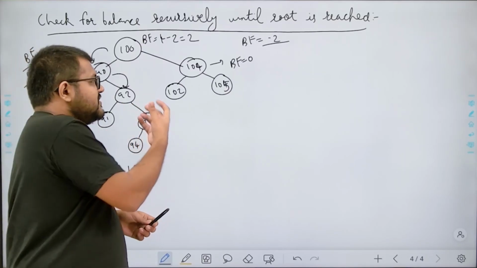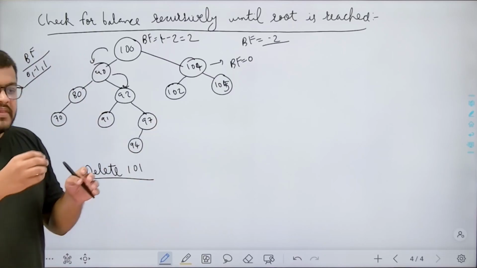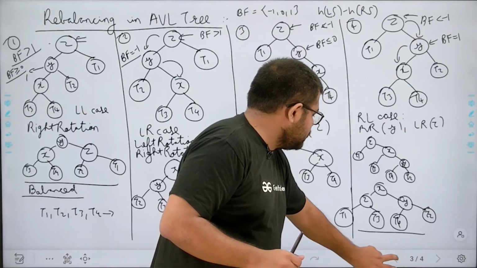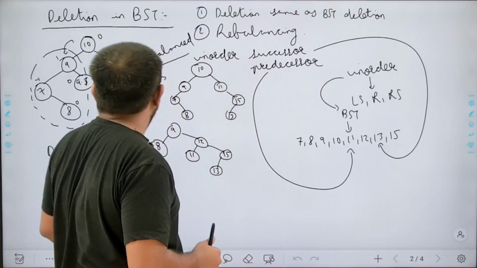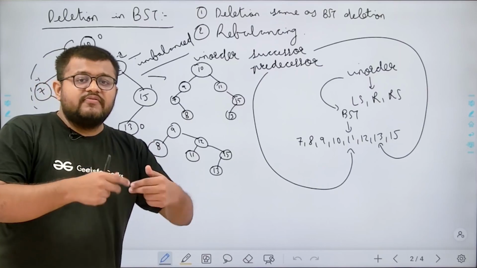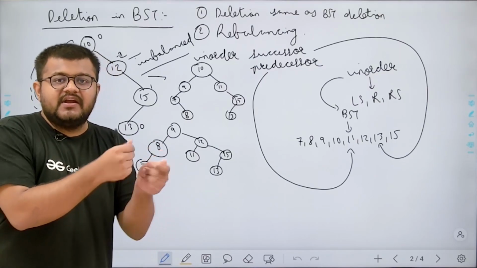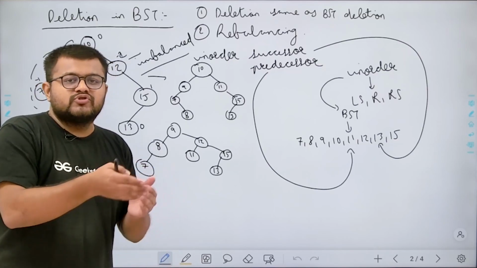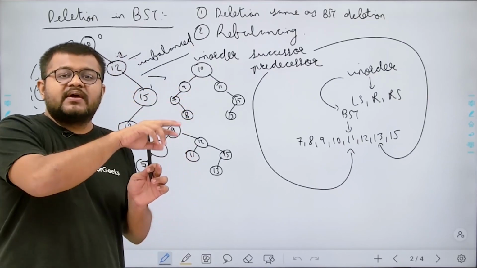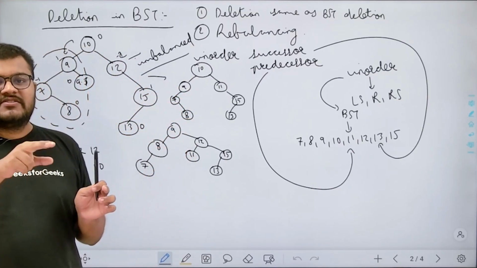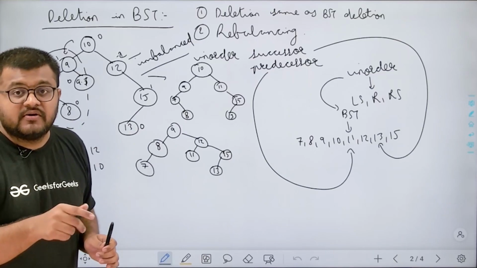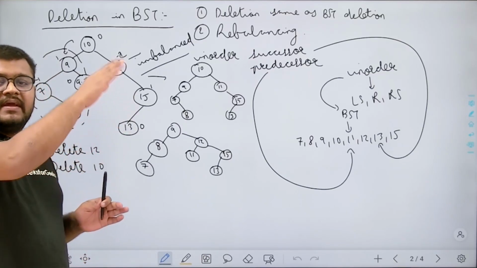So the basic point of this was that whenever you do rebalancing, whenever you delete a node, first of all, in binary search tree deletion, what we were doing? In deletion in binary search tree, we were recursively exchanging the values with in-order successor or predecessor until it becomes the leaf node. Once it becomes the leaf node, we used to delete that value. Now we will traverse back again through the ancestors, and in each step we will check the balancing factor. If it is not -1, 0 or 1, we will check one of the following 4 cases, and according to that we will adjust it, make the rotations as required,